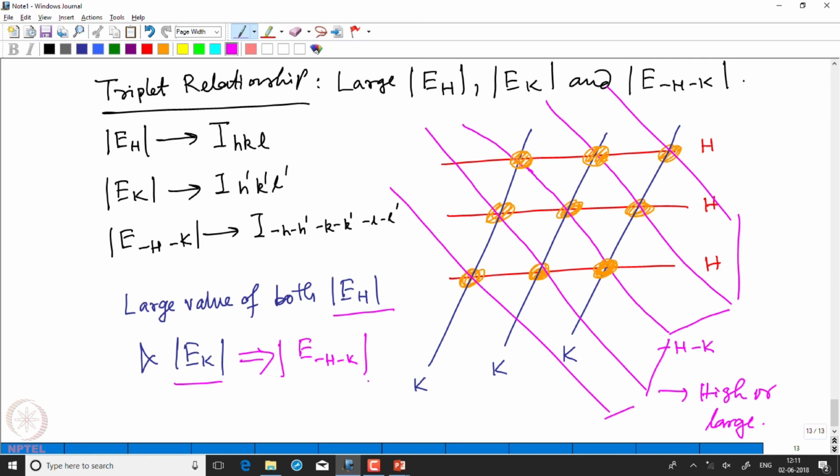So, in a centrosymmetric structure, if we see that the phi H is 0 and phi K is also 0, then one can conclude that phi of minus H minus K will also be 0 and all three will be of very high intensity. So, this is what is called a triplet relationship in X-ray crystallography, which also helps us in structure solution by